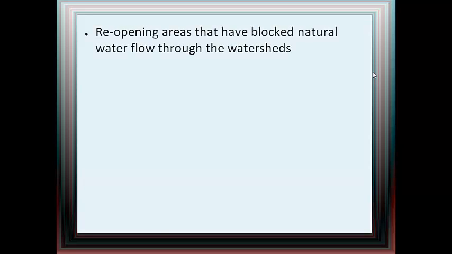Another thing we can do is reopen areas that have blocked natural water flow through the watersheds. Examples, there are actually some unused dams. I believe there's one in Elsie, but dams that aren't really functional anymore. A lot of people are pitching in because it takes a lot of money and a lot of work and heavy equipment to tear down these dams so natural water flow can go through again. I'm not sure the man's name, but there's a guy that's basically a multimillionaire that's basically in his retirement, and that's his mission, to open up all these dams that aren't being used anymore.